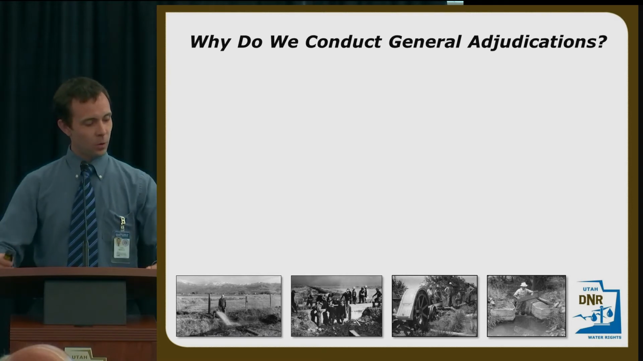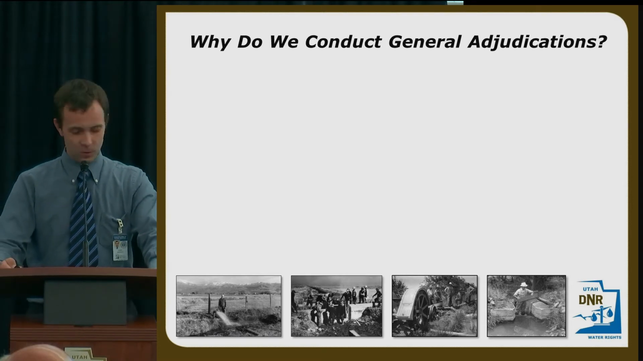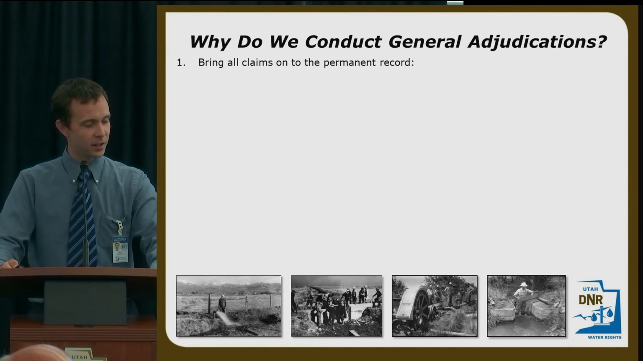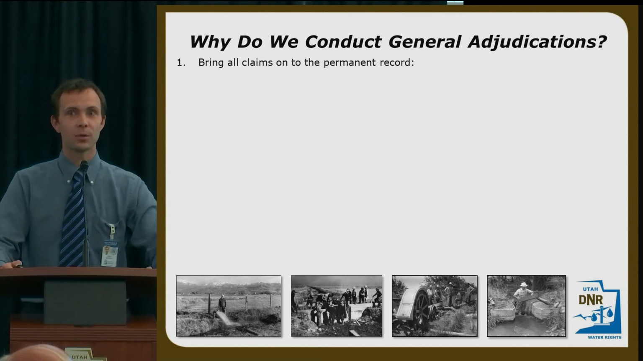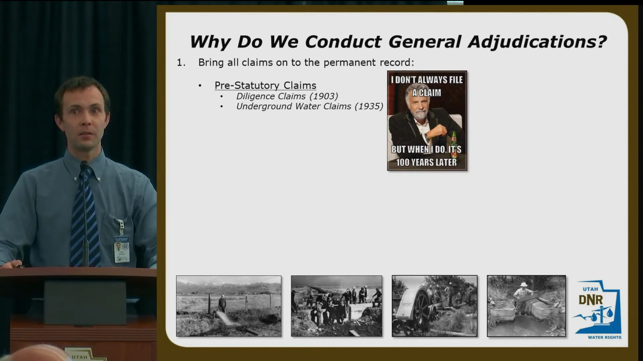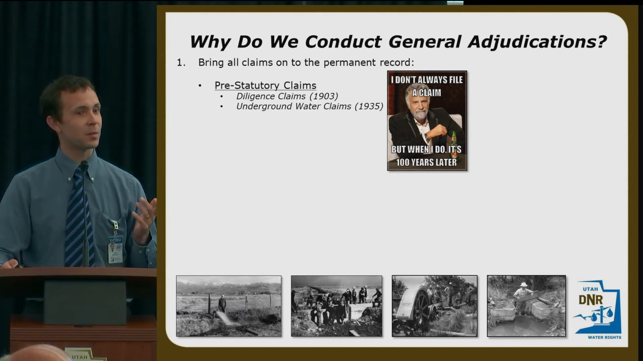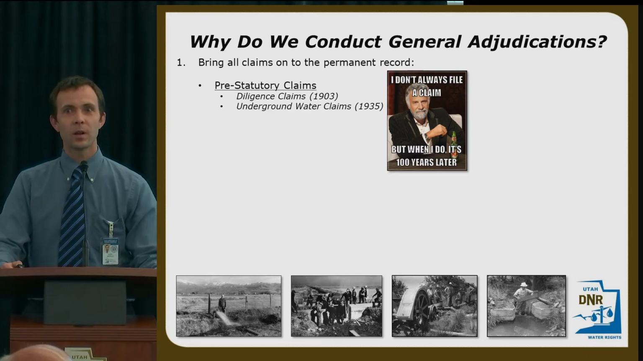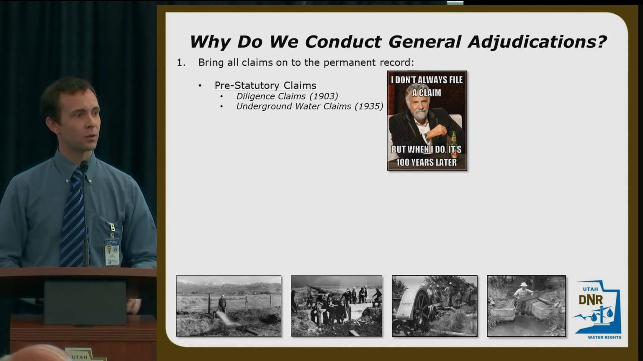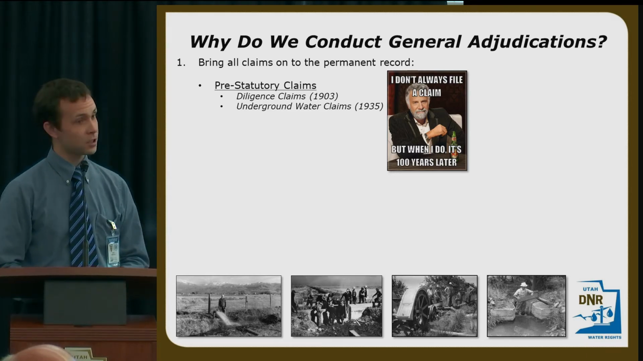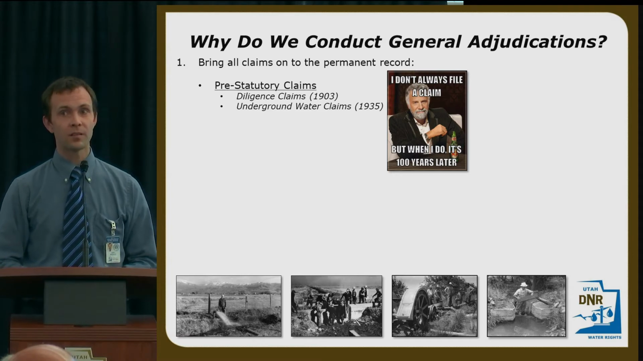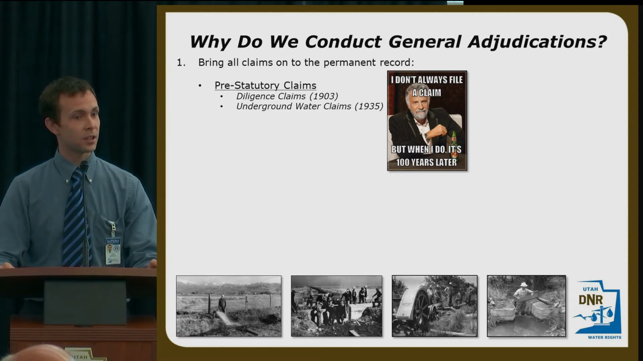So why we conduct a general adjudication, just getting down to the summary here, is to bring all claims onto the permanent record. You might remember the Dos Equis guy who has a claim, but nobody knows about it. So these are called pre-statutory claims, or maybe more commonly known as diligence claims. If they predate 1903, they're diligence claims